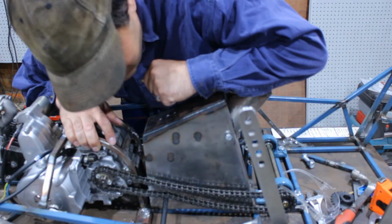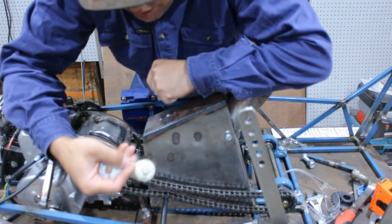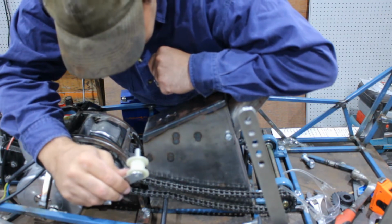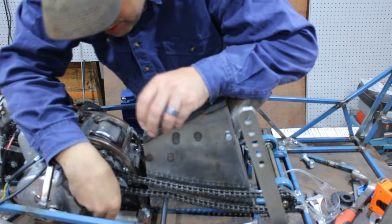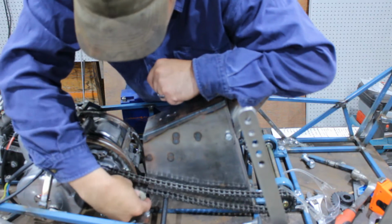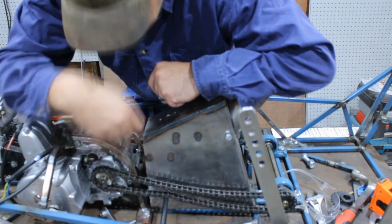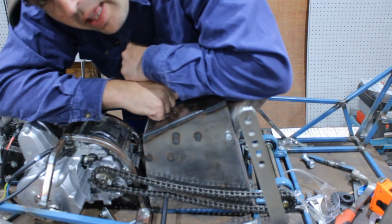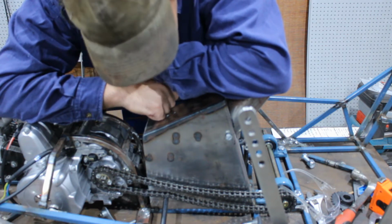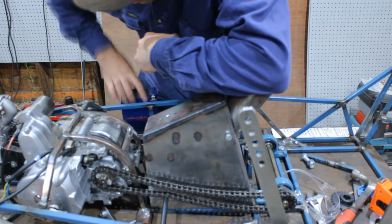The chain has a bit of slack in it. Now, I've been fiddling around for far too long trying to work out where I'm going to get this to fit. So I think the only option will be to just use this piece and build a slider that goes up in here. Now, it's going to take a little bit more thinking than what I have at the moment to be able to get this done, so we're just going to leave the chain for now and we're going to move on to